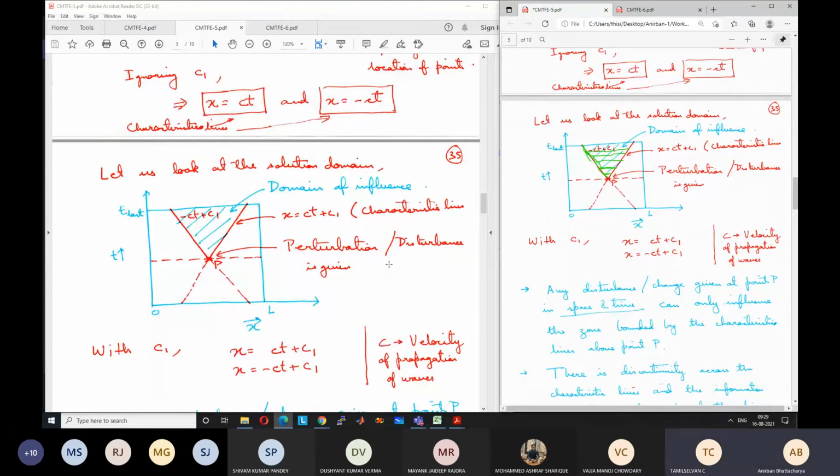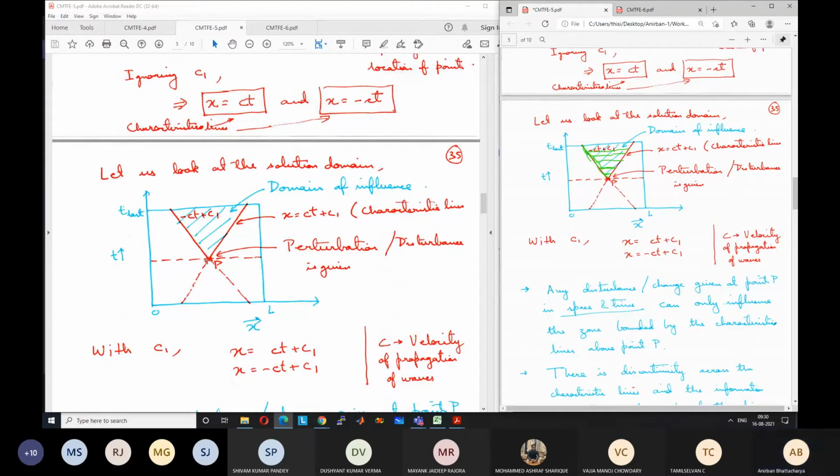So the speed is infinite in the elliptical problem and the speed is finite in hyperbolic. Correct. That is the difference. So the speed is infinite. So immediately, even after an infinitesimally small time, the entire extent of the x direction, from negative to positive, gets influenced by this perturbation in an elliptic problem.